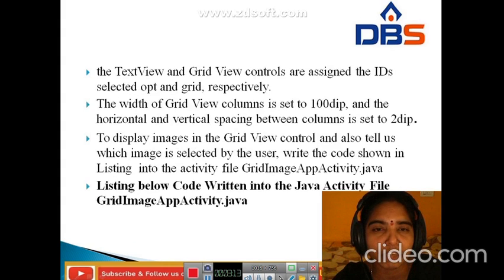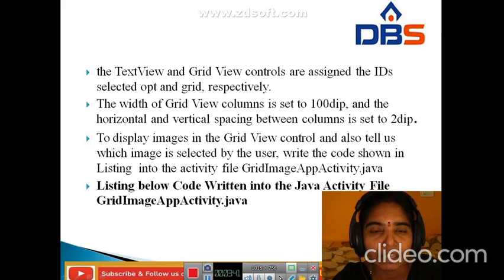Next, for the text view and grid view controls, we assign the IDs selectedopt and grid. The width of the grid view columns is set to 100 dip, and the horizontal and vertical spacing between the columns is set to 2 dip. This displays the images in the grid view control and also tells us which image is selected by the user.